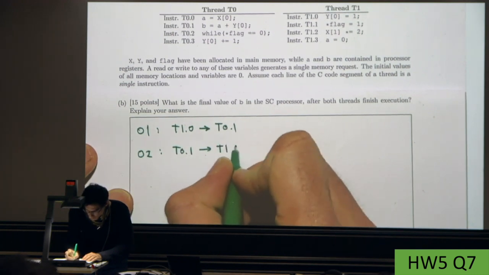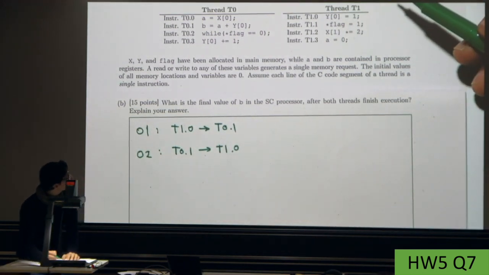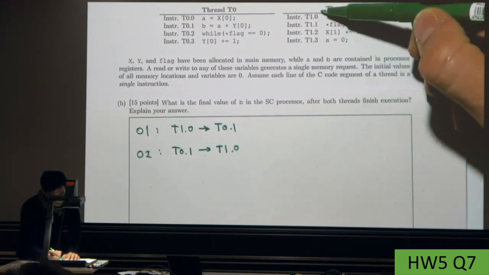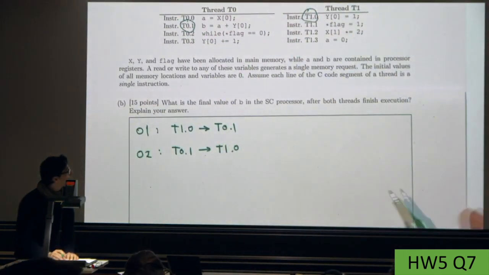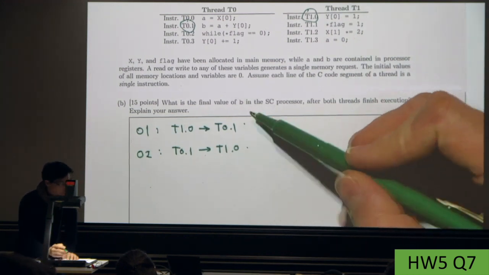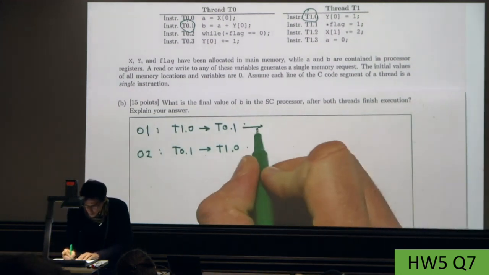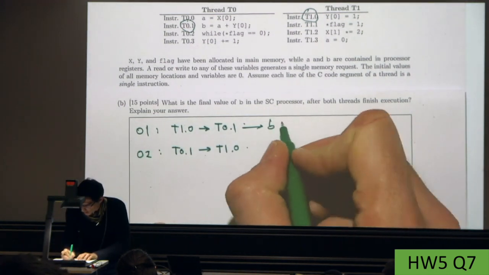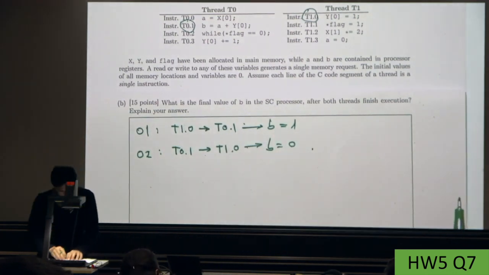T01 happens before T10. Why is this possible? Because across threads there is no way of enforcing that T10 happens before T01 or the other way around. So we don't know how these two memory requests are going to be served, and based on that, any of these two orderings could happen, right? And if you check it by yourself, in this case the final value of B is going to be 1, and in this case the final value of B is going to be 0,